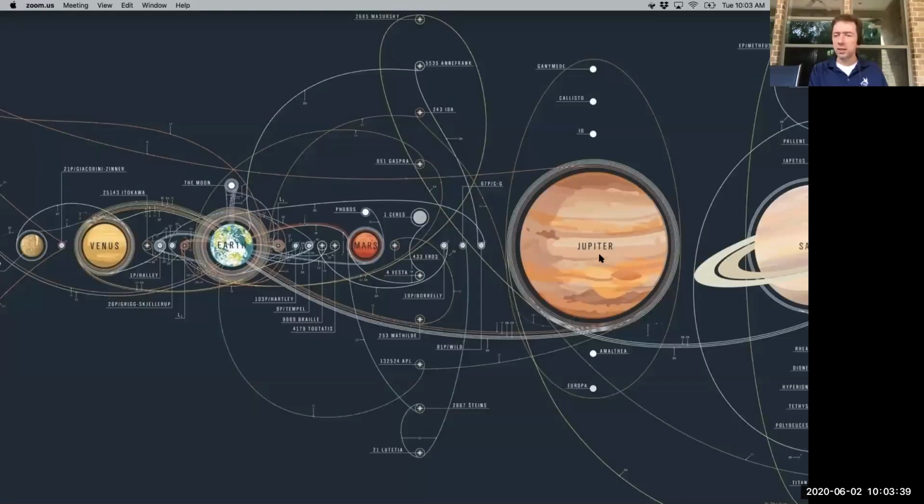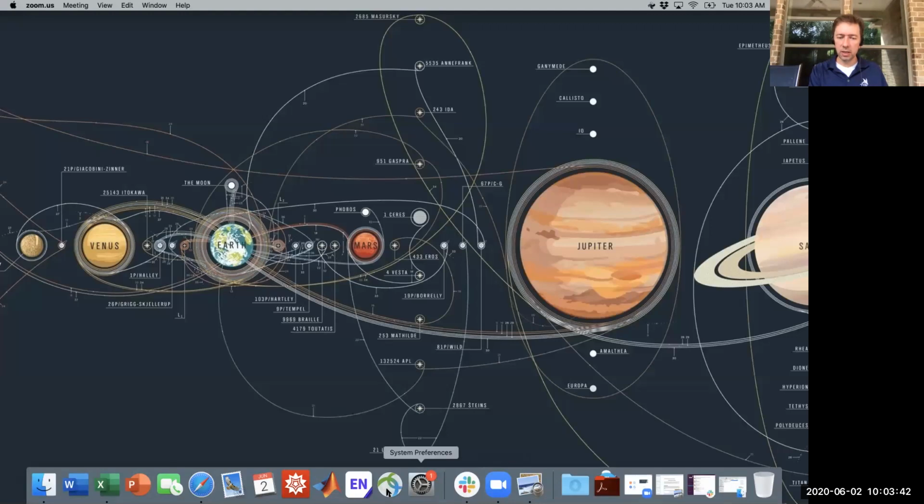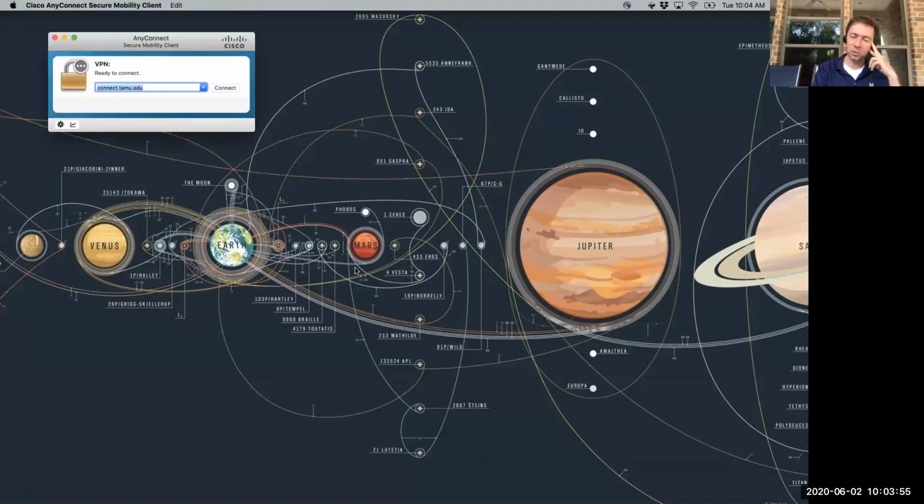So what I'm going to do here real quick is I'm just going to share my screen, because everything that we're going to be doing here is going to be done via the HPRC portals, which you should all be able to access. So first thing that you should do is go to your VPN client, so the Cisco AnyConnect client, at least on Mac. I don't know what it would be on Windows, but hopefully you have all activated this already, right? Has anybody not activated this? Say in chat if you've not activated your VPN client.